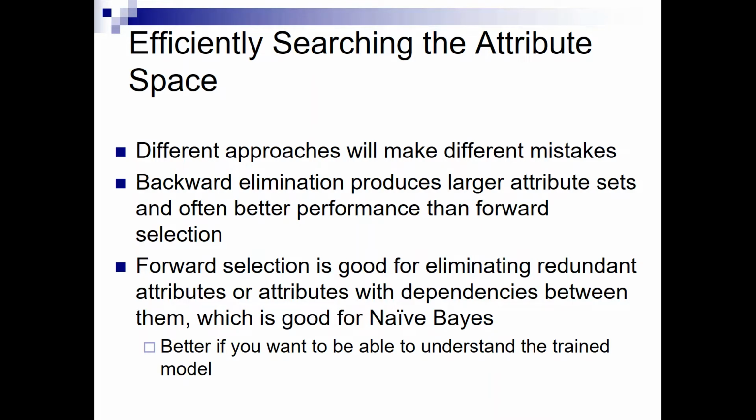Forward selection is really good at removing redundant features. You're going to get a very lean feature space out of forward selection. And it's going to be really good for naive Bayes because it's really good at throwing away those noisy, irrelevant features that would harm naive Bayes more than probably lots of these other approaches. It's also better for understandability of your model because it keeps the model lean, but it might throw away something hastily that would have been useful to you. Throwing away because it never got to the place where it saw that it should add it.